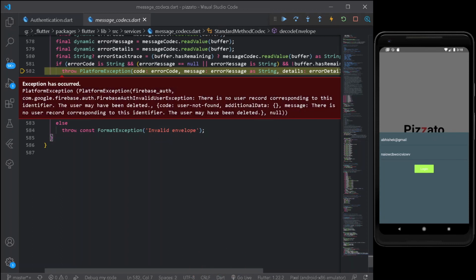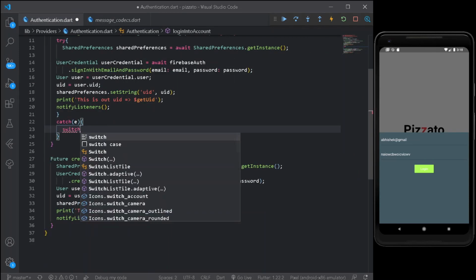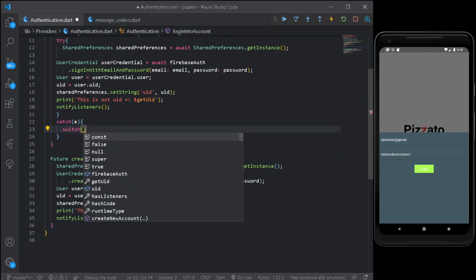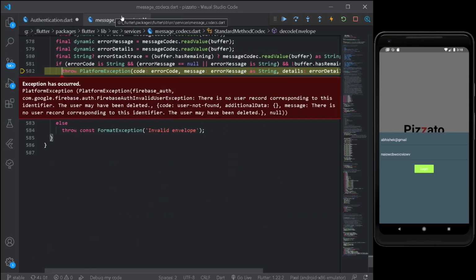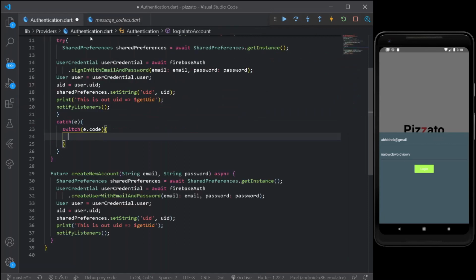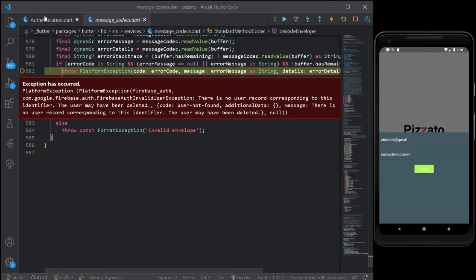Now we can do one thing, that is catch the code from here. For that, I will take a new switch case, and under this switch case I will write switch e.code. Under the switch case, I will paste each and every possible code, that is user not found, password not found and any other cases, so that after a platform exception error is thrown, we can show the user that he has not entered the right password or his email is not a correct one. So for that, let's move under the authentication tab, and here I will paste the entire code which the platform exception error shall be giving to me.